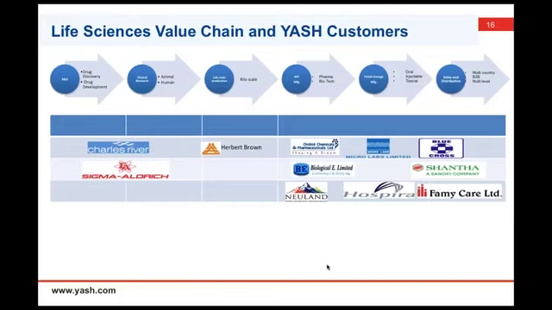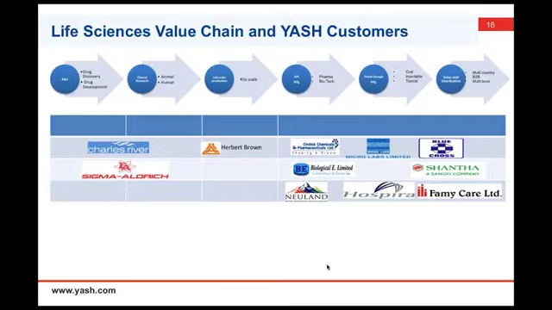Value chain from a customer's perspective in this life science value chain. If you look at it, there are companies in the drug discovery, animal testing, and human testing area, companies like Charles River and Sigma Aldrich, then people who are into converting the R&D activities, or the drugs which were developed in the labs, into kilo scale manufacturing activities.